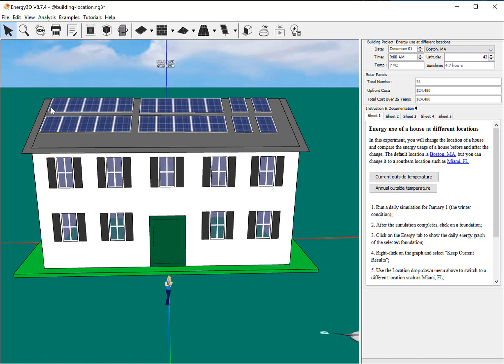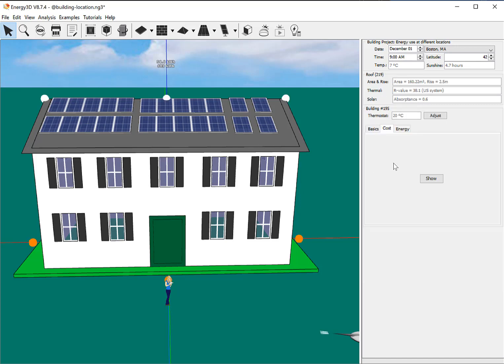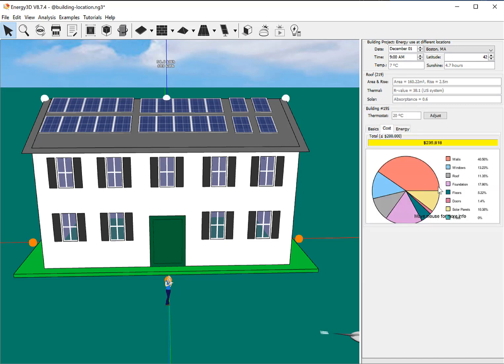All right. So now I've got my same house. Nothing else has changed. I've just added solar panels to it. Okay. So now if I go back to my costs, my solar panels cost, what color are they? They're the yellow ones. So if I move over the little yellow piece of the pie chart, $24,000 to put on my solar panels. Okay, so that includes the panels, the installation costs, things like that. So now the question is,